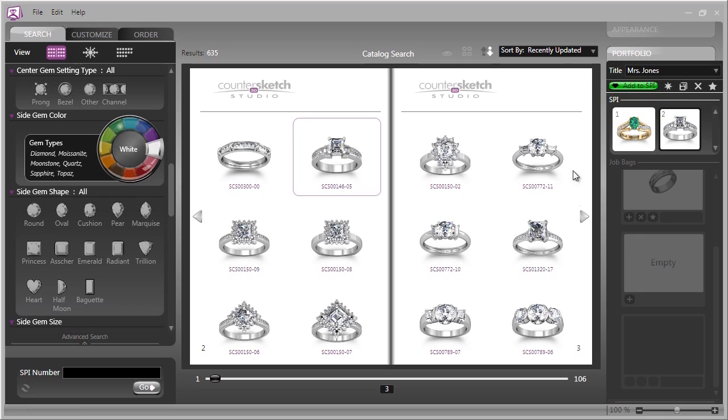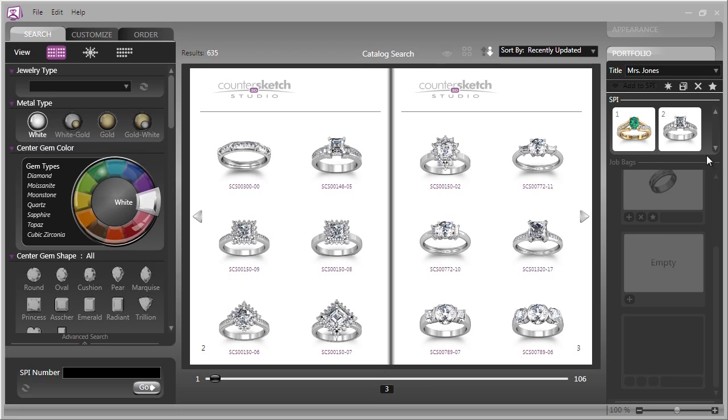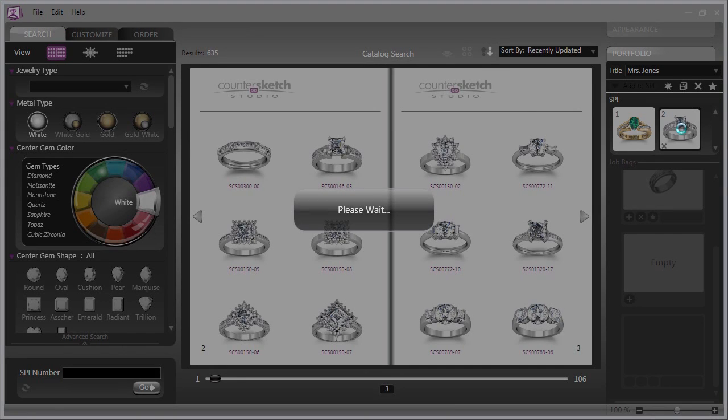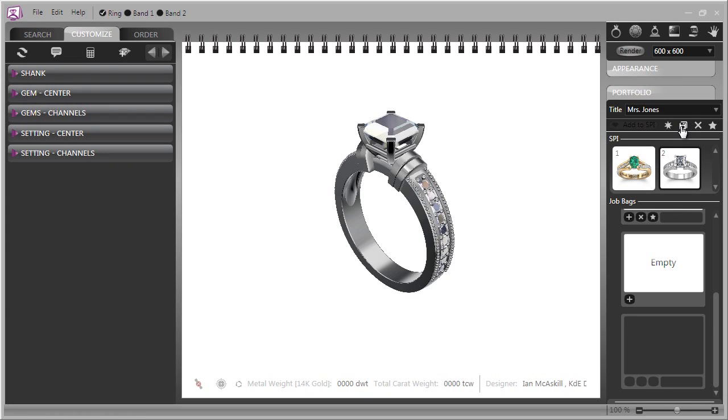Jones's portfolio. To move into the Customize section of CounterSketch, we can proceed in a number of ways. You can simply double-click on the model that you have selected in the search window, or you can double-click on a model in the portfolio window. Let's double-click on the model in Mrs. Jones's portfolio. CounterSketch will now load the model onto the sketchpad, and you will notice that in the Action tabs, CounterSketch has shifted from Search into Customize, and underneath the Customize, you will see the various items in the model